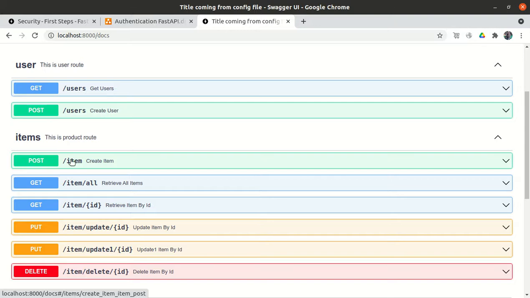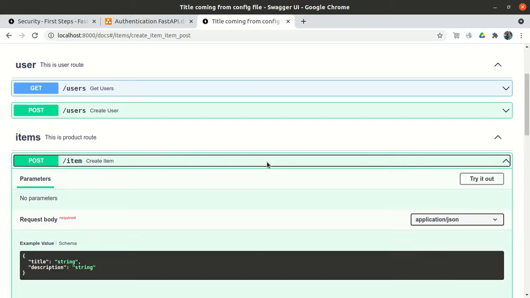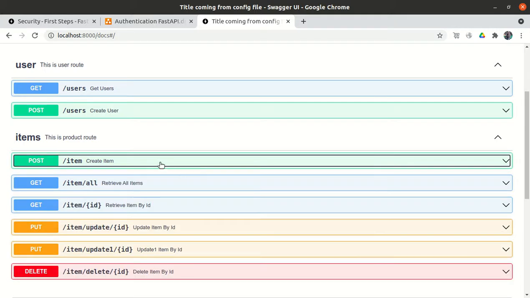But when the user will try to create an item, as soon as the user clicks on this, it should ask first to authenticate yourself, first enter your user ID or password. If you are already authenticated, then you can create the item, right? Even on the get routes, I don't think we have to implement authentication, so anyone can read the items. On the put, only the valid user can modify their item. On delete as well, only the owner can delete their own items, right? So for put, delete, post, we will implement authentication.